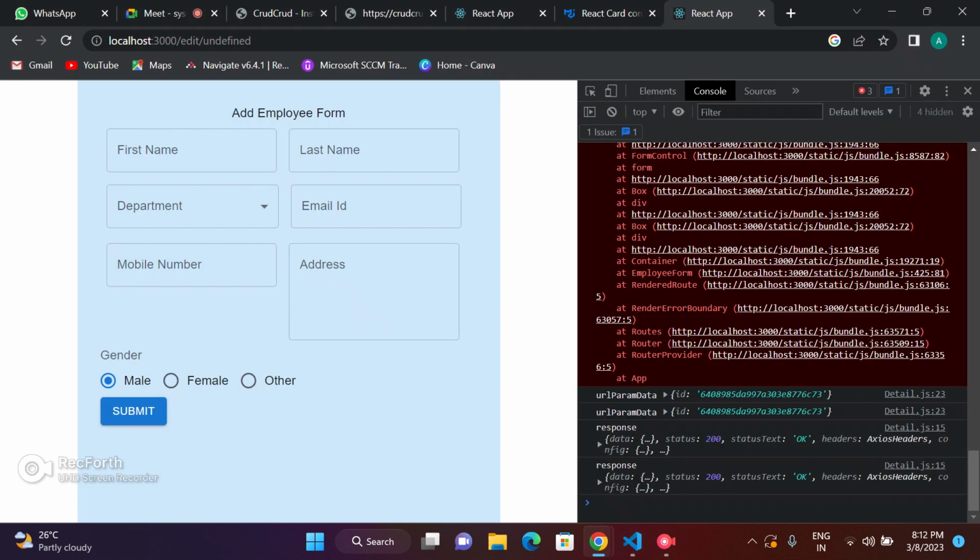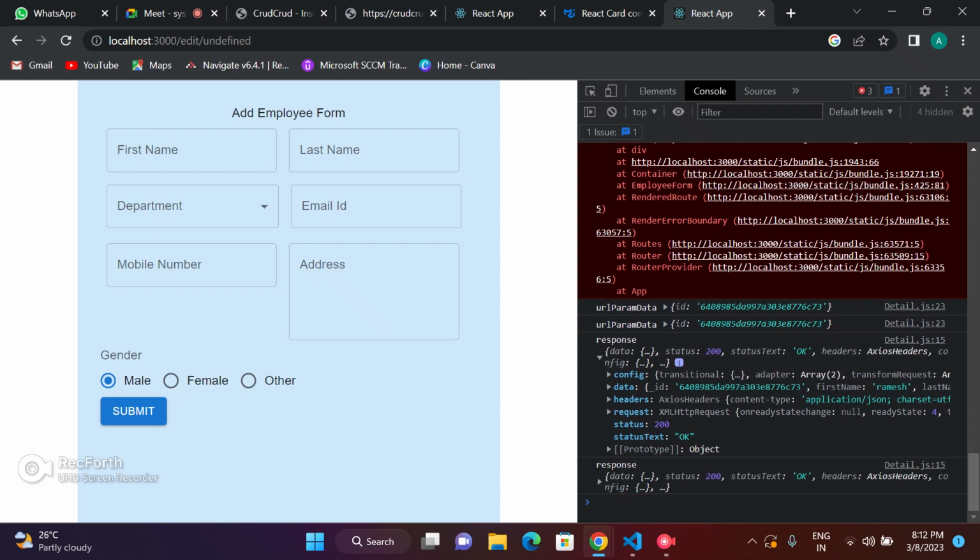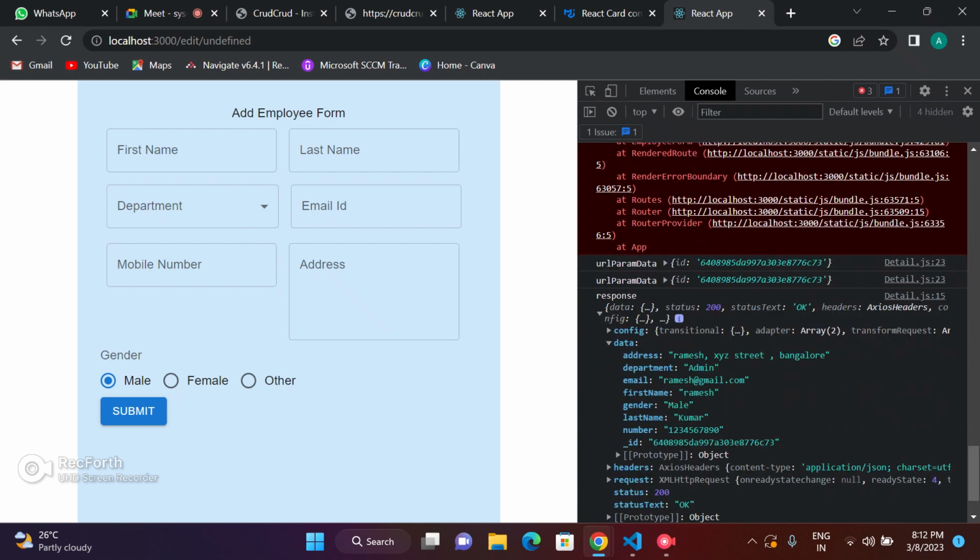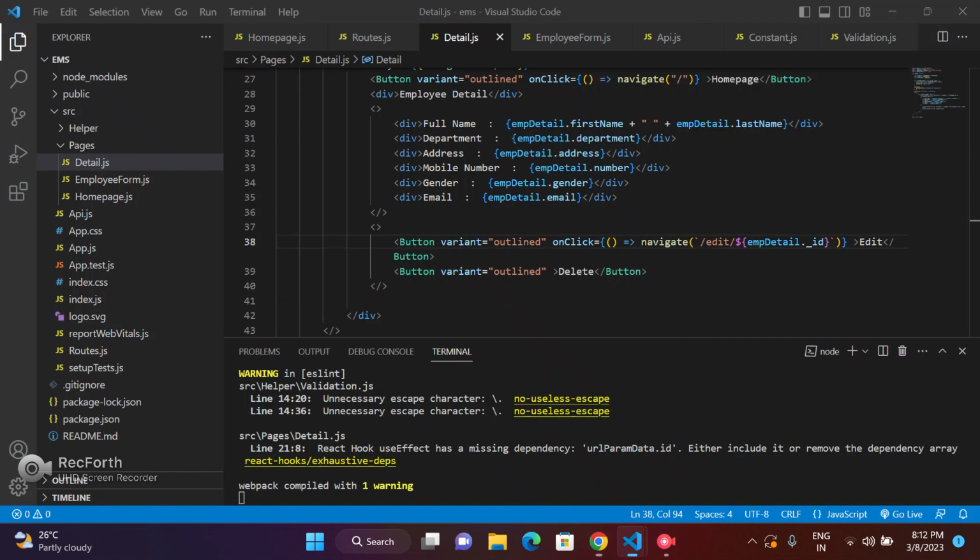And when we click here, it will go to undefined. Okay, sorry, it is undefined. I think employee detail, what we are getting is data, and that is underscore id. So this was correct. emp detail,